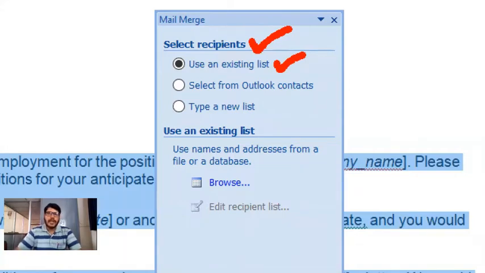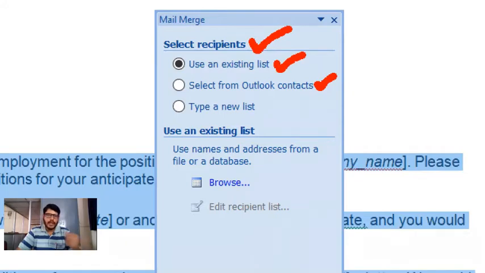Or else I can simply use Outlook contacts here. Along with the Microsoft Office package, we are getting Outlook software as well, and we can maintain contact details by using Outlook software. Suppose I want to select those contacts from Outlook, then I have to choose this particular option.